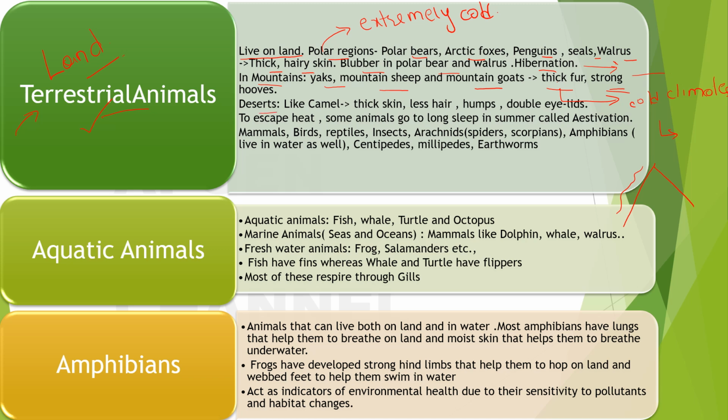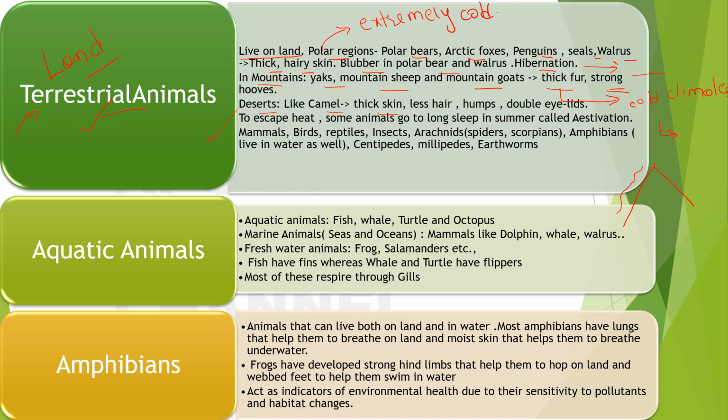And how about the deserts? Deserts have camels, right? Camel has what? It has thick skin. Don't think that this thick skin and this thick skin have the same purpose. Here the thick skin is for protection from the cold. Here the thick skin is to avoid loss of water. In the deserts it will be too hot, right? It's very difficult to find water, food and all that. So the camel has made some adaptations such that the water it consumes won't get out fast. Thick skin will help prevent the loss of water,